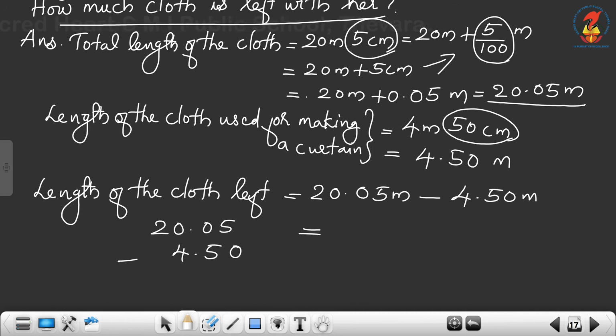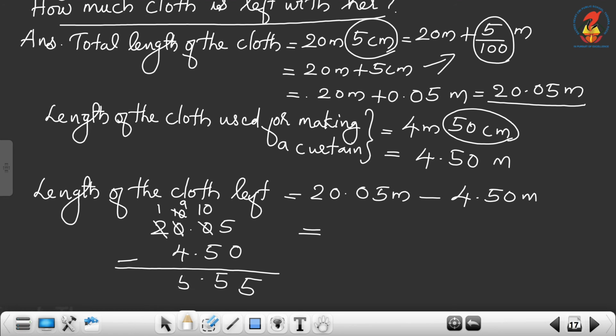4.50. So write down the first decimal number, and under that write down the second decimal number. Look at the places. In 4.50, 4 is in the whole number part. We have only one digit, that is in the unit place or ones place. So you have to write 4 under 0. Now we have to start subtraction from the hundredths place onwards. 5 minus 0, 5. So this one is not possible. So we have to borrow 1 from 2, therefore it will become 1. So this one will become 10. From 10 we have to borrow, it will become 9. Here it is 10. So 10 minus 5, 5. Then comes the decimal point, put the decimal point.